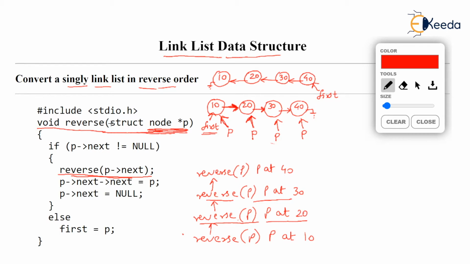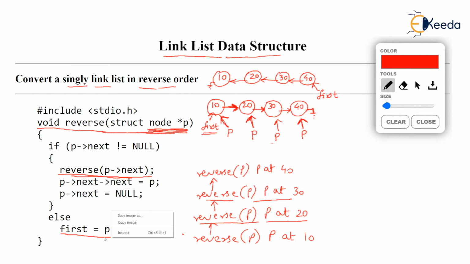When this function starts, the if check will become false. This if is false because P arrow next not equal to null is false. Check what is next. P arrow next, check the cursor place. P arrow next is null. You observe, 40 is next is null. This indicates that we have reached the last node. The function reverse is running for the last node because next of that node is null. So as this if is false, P arrow next not equal to null, we will go to else. And the statement first equal to P will run.